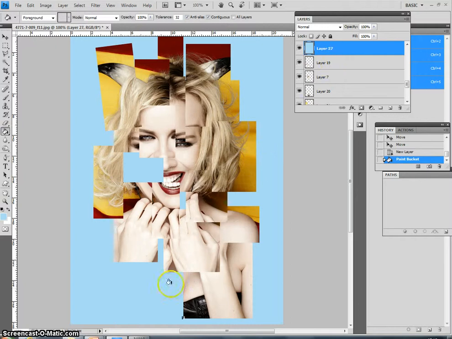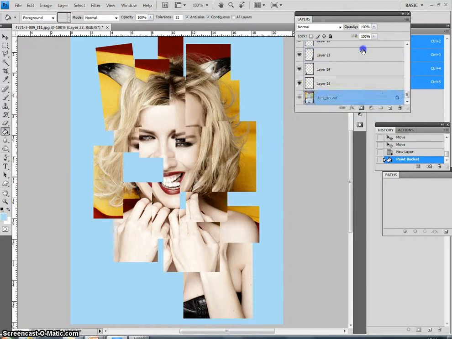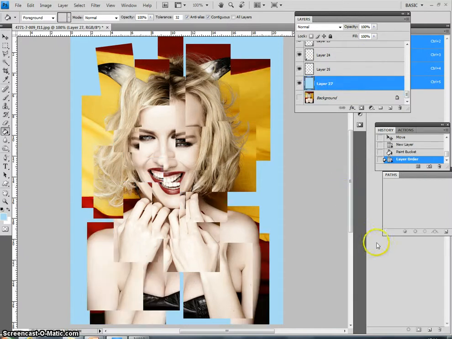Now this obviously is taking over some of the images, so I'm just going to drag layer 27 all the way down to just above the background layer. You can see there, because the black line is ready to be dropped in. Drop it and it's in behind. So we've got a David Hockney-esque face. If we just go back